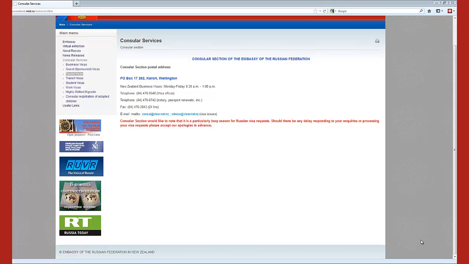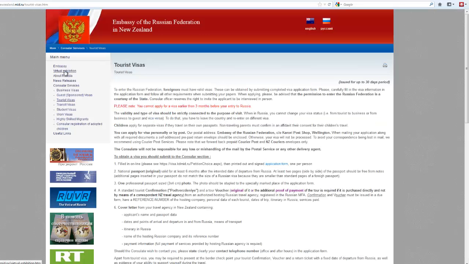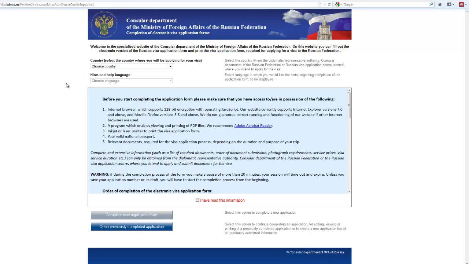Okay, first you go to the website of the Russian Embassy in New Zealand. Then you go to the consular services, consular section, and you click on tourist visa. So here we are, and here we have the application form. We click on it. First, the country,